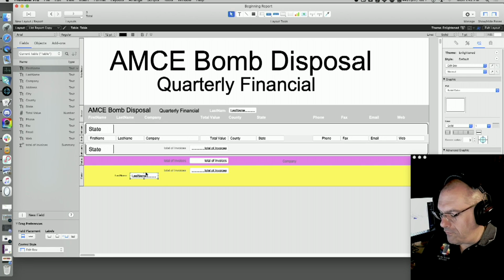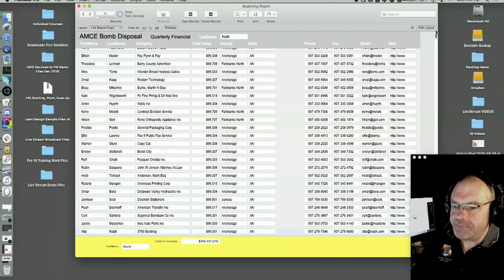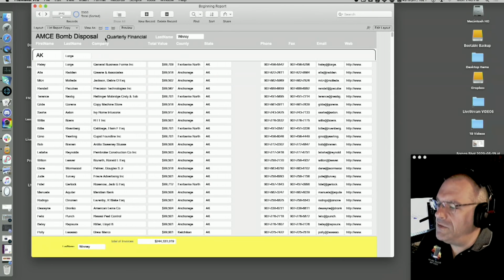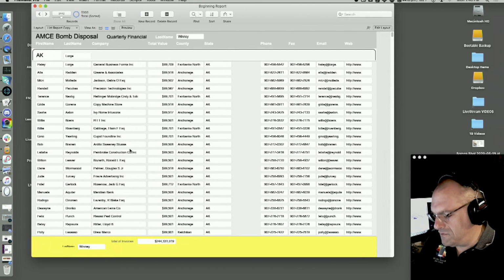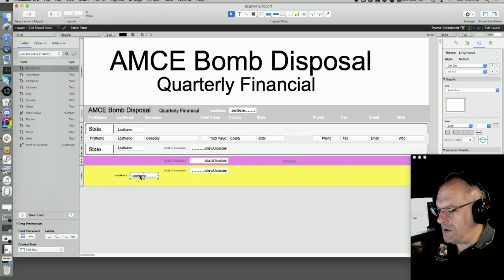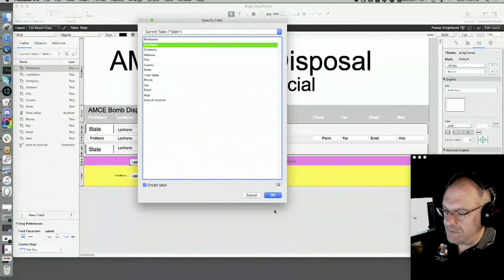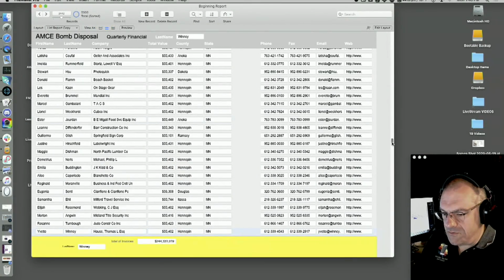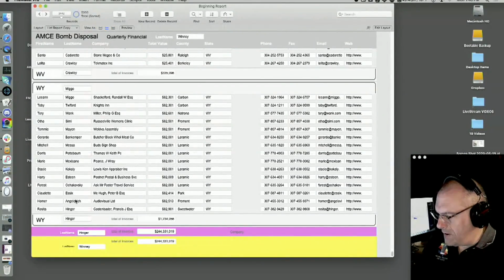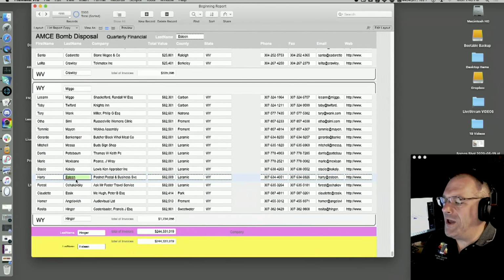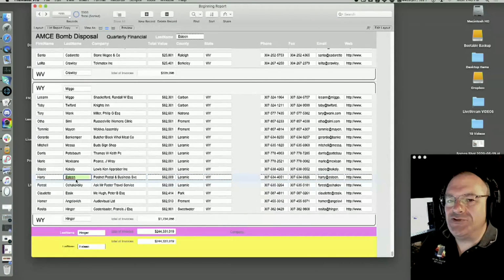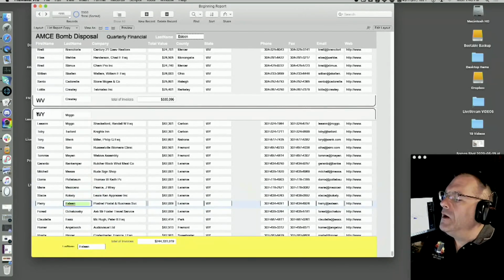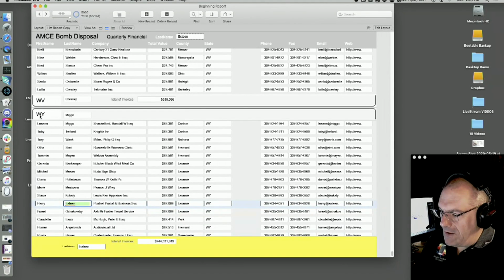So if we go to browse mode right now, I'm going to go to the top. We can see that the header and the footer, and I assume the grand trailing summary too, if we went that far with it, are going to display the data. If I go to the very last record, let's see. So the header and footer work one way, and the grand trailing and leading summaries work a different way. On the subsummary, this is for the state of Wyoming.